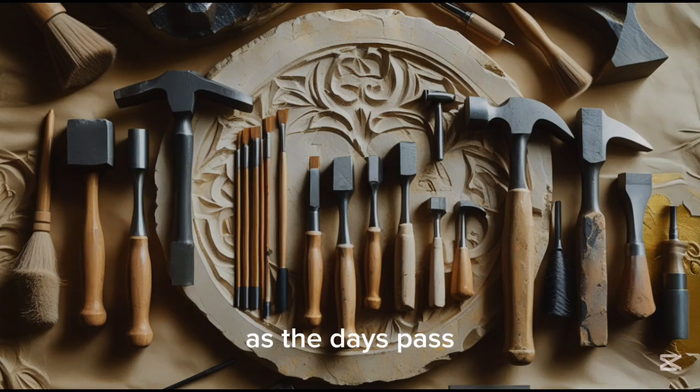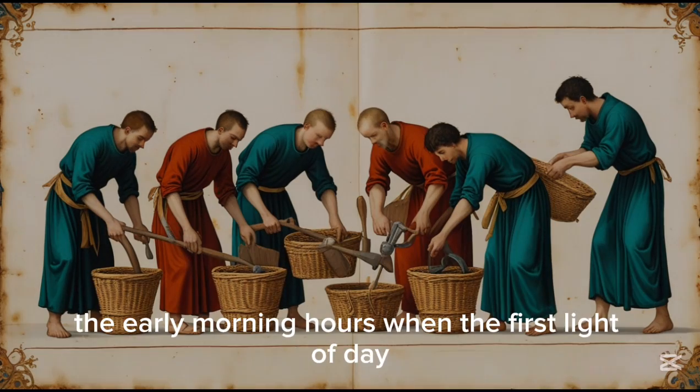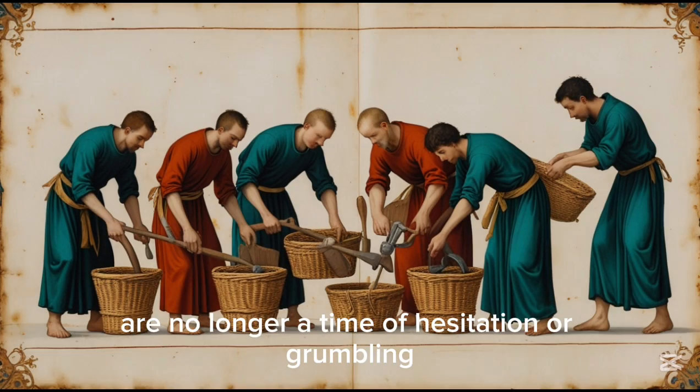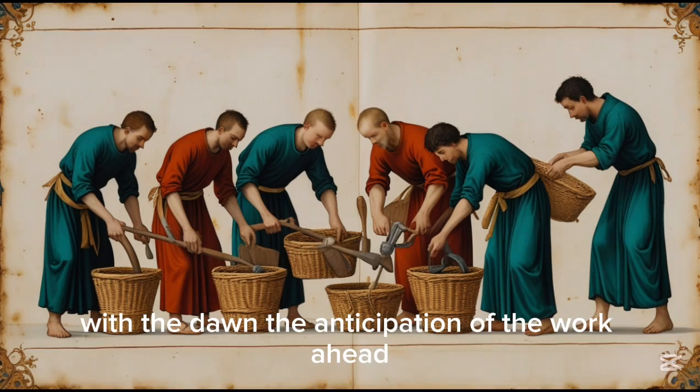As the days pass, the routine of the workers becomes more fluid. The early morning hours, when the first light of day barely illuminates the edges of the Nile, are no longer a time of hesitation or grumbling. By now, it's almost instinctual for the workers to rise with the dawn, the anticipation of the work ahead outweighing